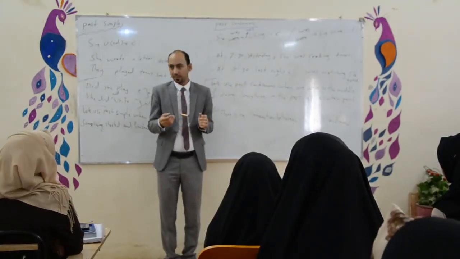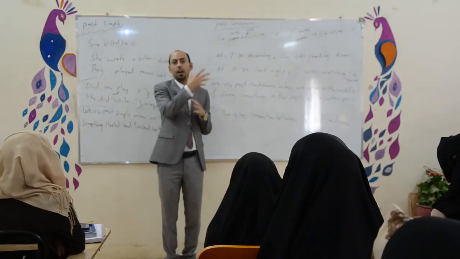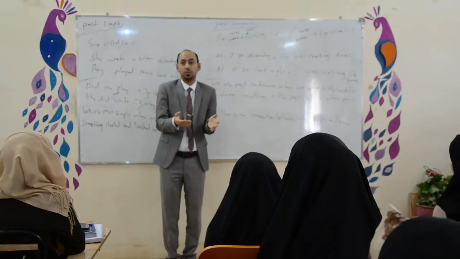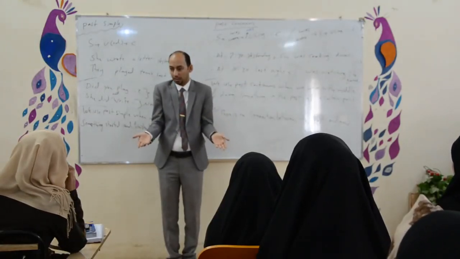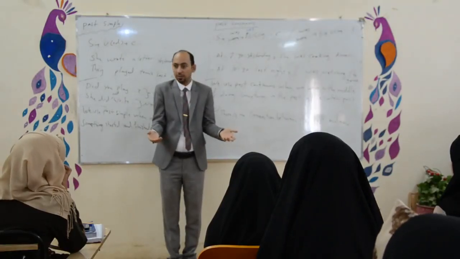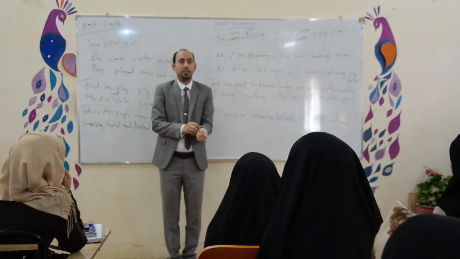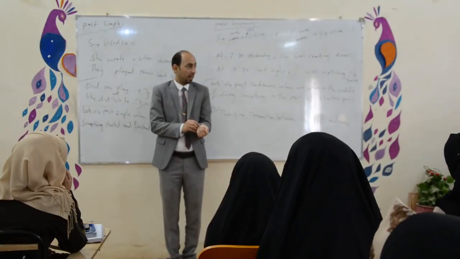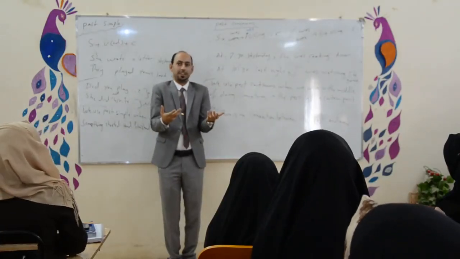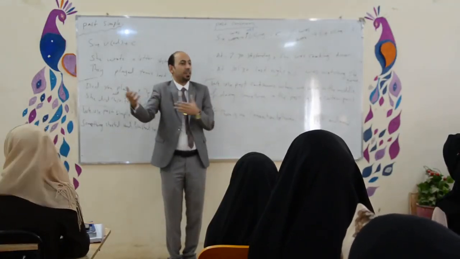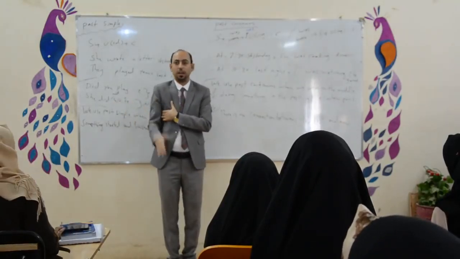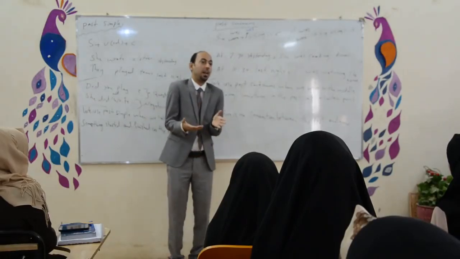He died in such and such year. For example, we say he dies. And we cannot say he is dying. If we say he is dying, it means what? Does he die or not? If we say he is dying, does he die? It means he is dying, that is, on the point of death. He is dying means he is to die. He is to die means he will die. Someone says he is dying.